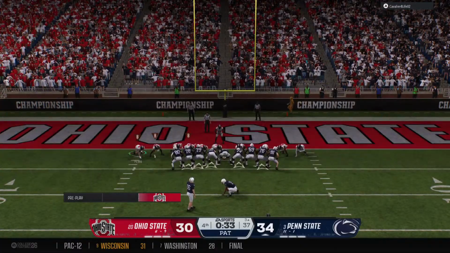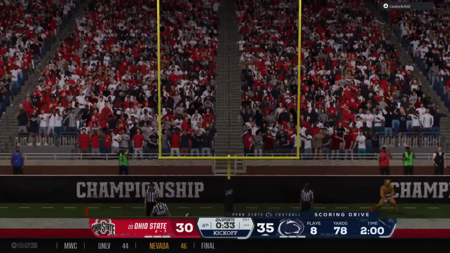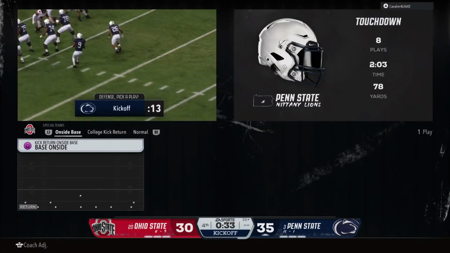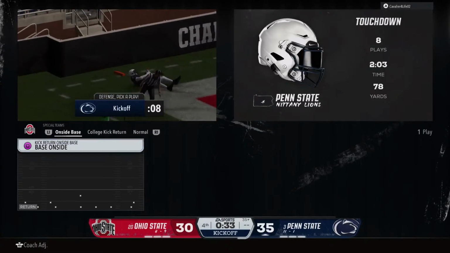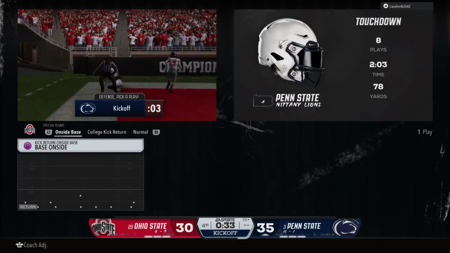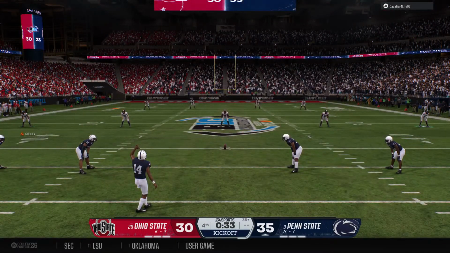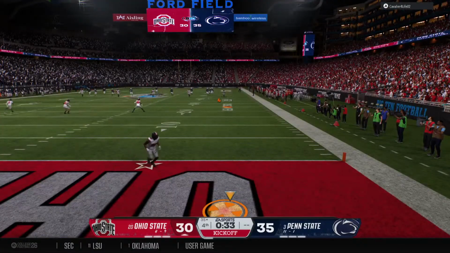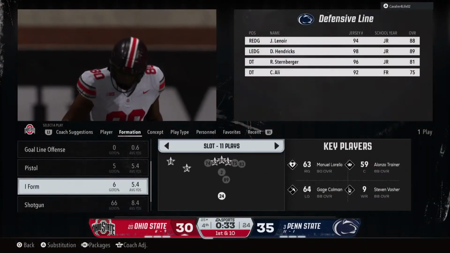And they'll set up for the PAT. Not through the PAT, so the lead is 5 during the fourth quarter. So after the late score, they'll kick it off and hope the defense can hold up, preserve this lead. And he'll line up the kickoff right there. They'll start from the 25.